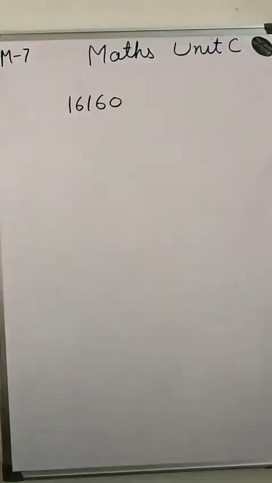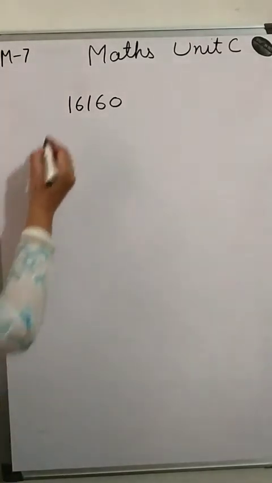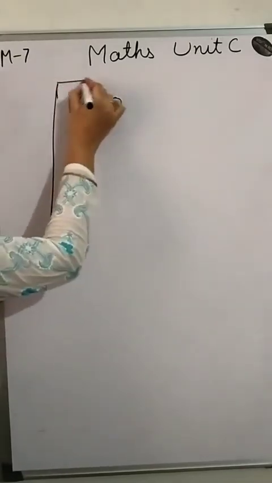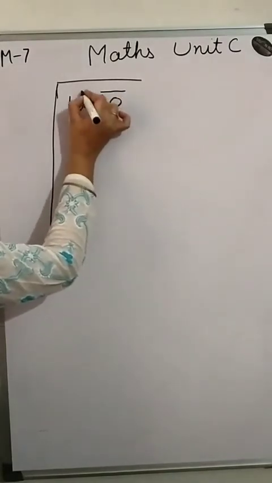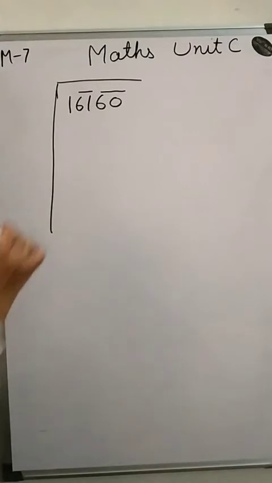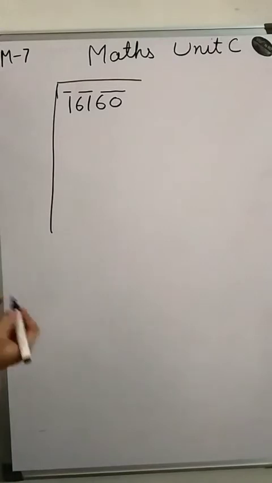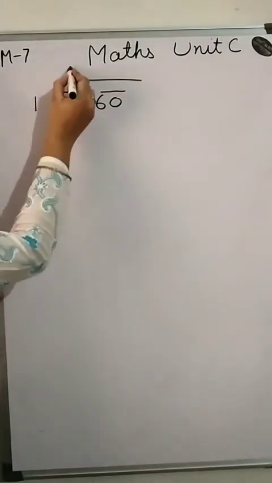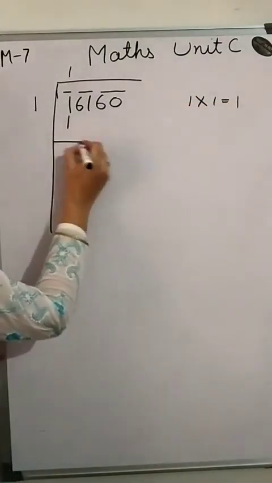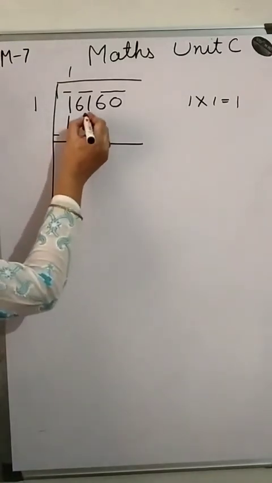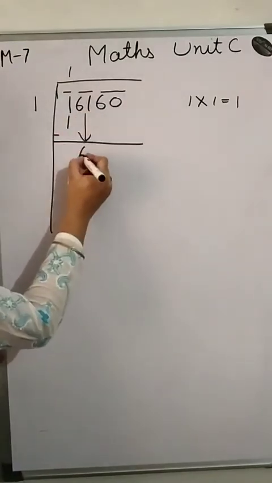Okay everyone, let's take one more example, that is 16,160. First we find the square root of this number. Again you make pairs from the right. Just see, I am making the pairs 60 and 61, with 1 left unpaired, so we write it here. We find the square of a number like 1. If I am multiplying 1 into 1, I get 1. So I can write 1 here. Nothing is left. So you bring down this pair here.